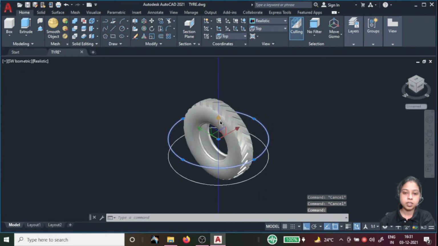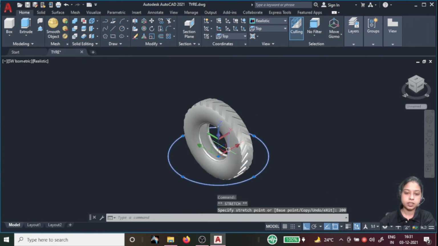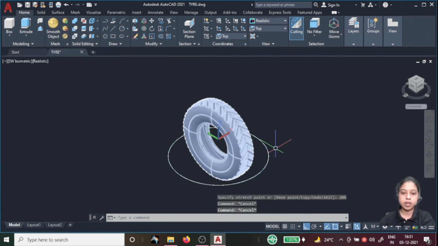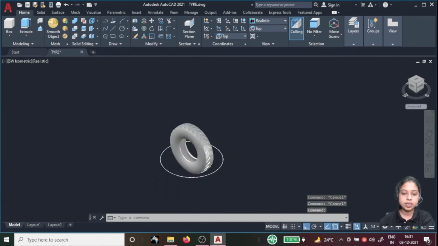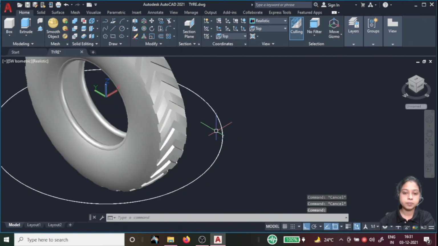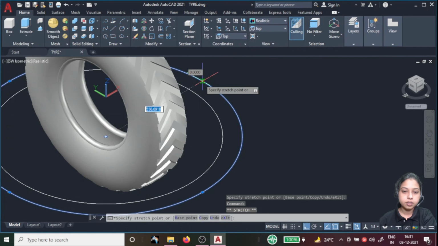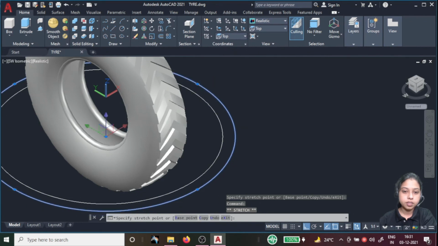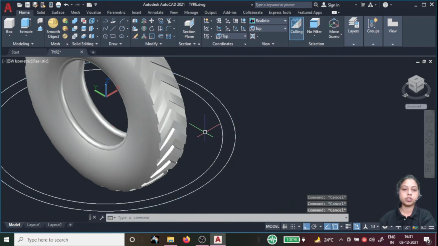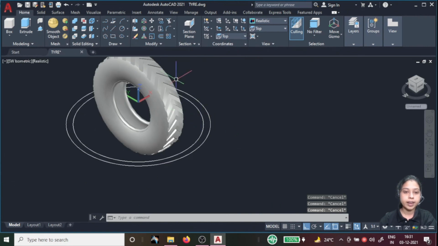Select this one and give it 200. Okay, both are in the same plane. Now we can see it easily. So for that, just give the rotation. Okay, just this much,